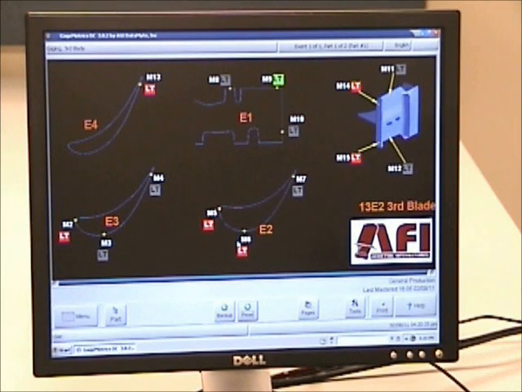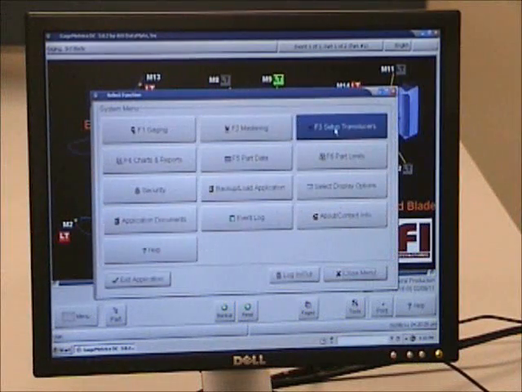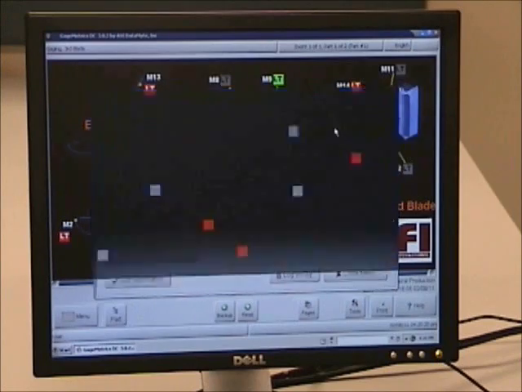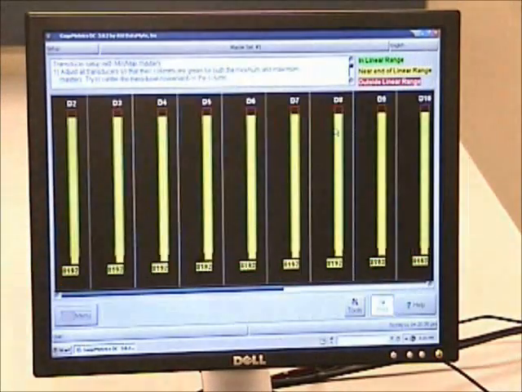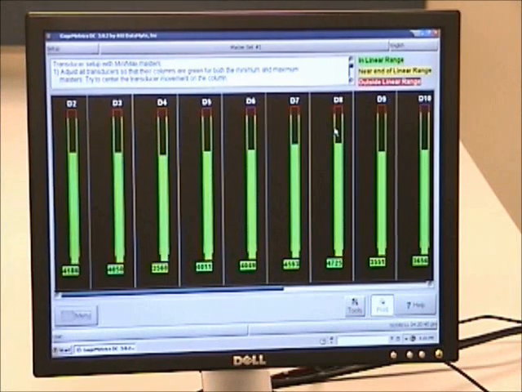You can do that by either putting them in the middle of their travel, or if you prefer, having a bit more retract. The place we're going to do that is we're going to go into Menu. We're going to go to F3, or Set Up Transducers. By clicking on that, we can actuate our gauge. And when the transducers reach the set master, they're going to give us a location of where they're at in